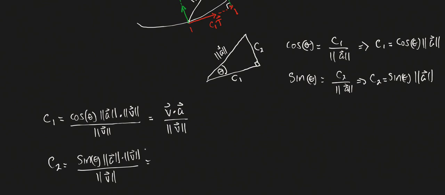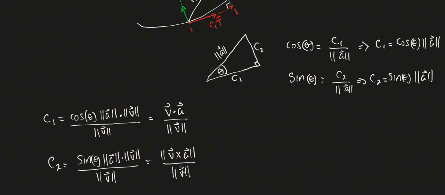This is now the magnitude of the cross product of A and V. So you might remember, again, this was another property that we came up with for the cross product. So this is the magnitude of the cross product of V and A, and then again, this is all over